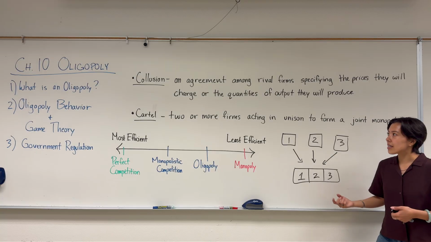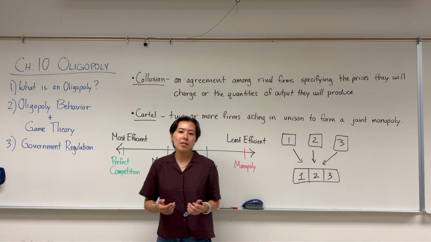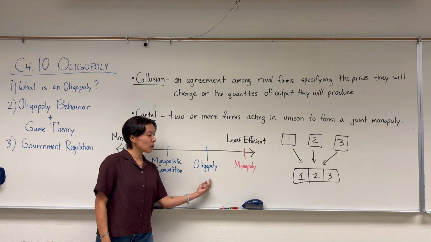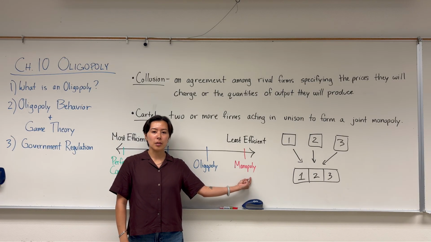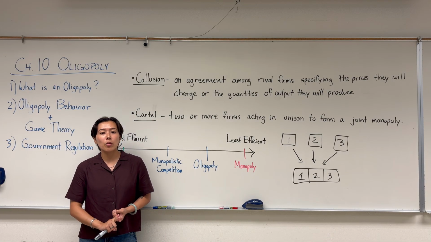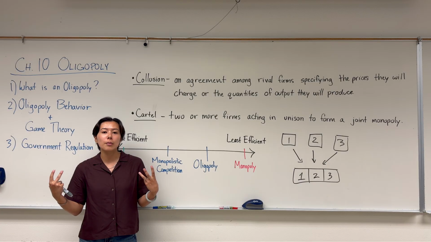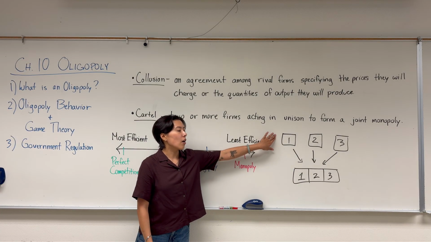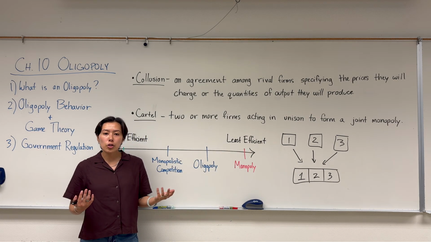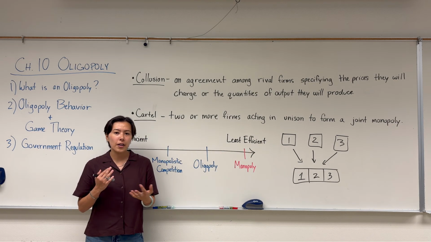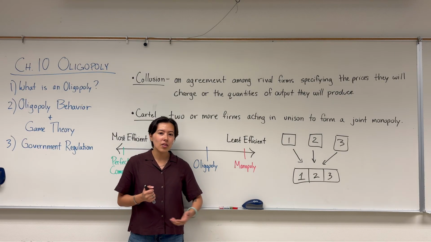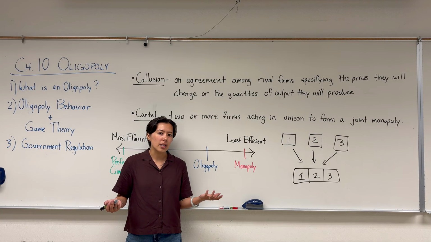The reason that these oligopoly firms want to do this is because by colluding and forming a cartel, they can push themselves closer to this monopoly market structure. This means that they will be able to charge a higher price and they will be able to collect a larger joint profit than they would if they all just made their decisions on their own. So this collusion or the formation of a cartel is very valuable to an oligopoly. These firms should be incentivized to work together so they can make more money.